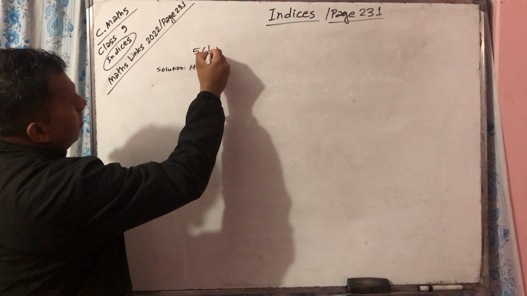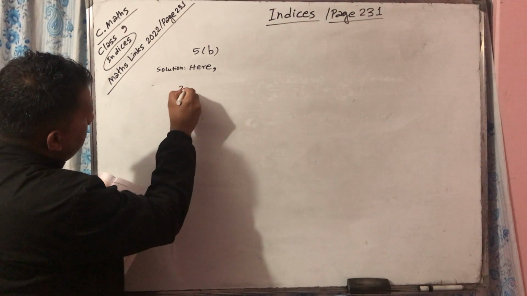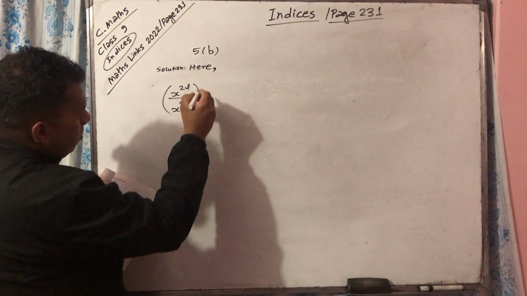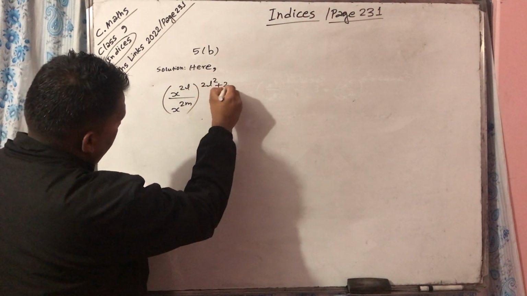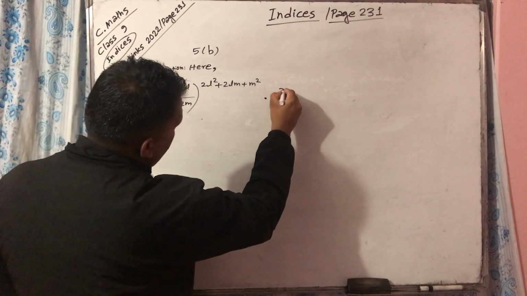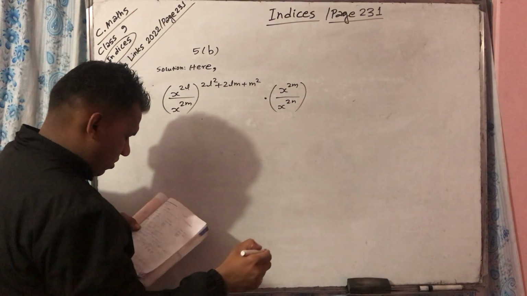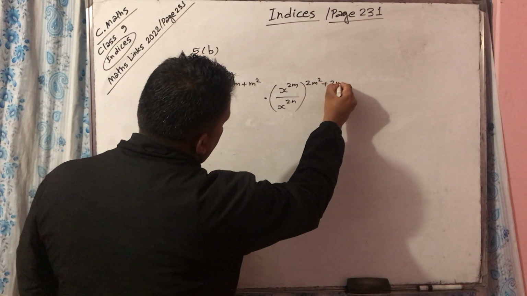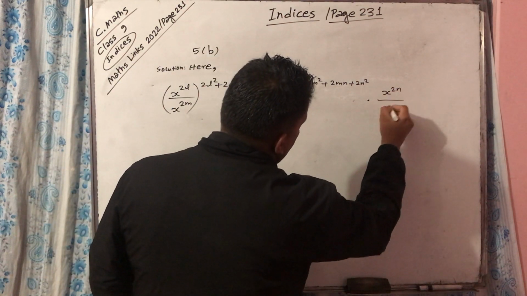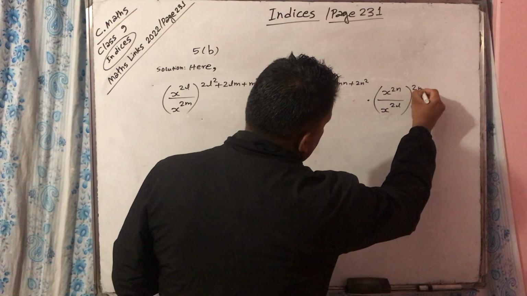On 5b, the question is: x to the power 2l upon x to the power 2m, its whole power is 2l square plus 2lm plus 2m square, multiplied with x to the power 2m upon x to the power 2n, its whole power 2m square plus 2mn plus 2n square, multiplied with x to the power 2n upon x to the power 2l, this whole power is 2n square plus